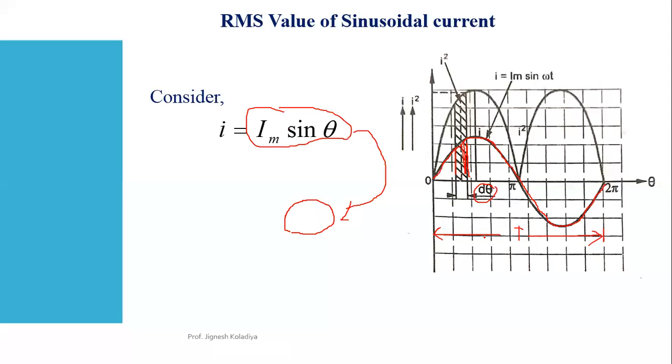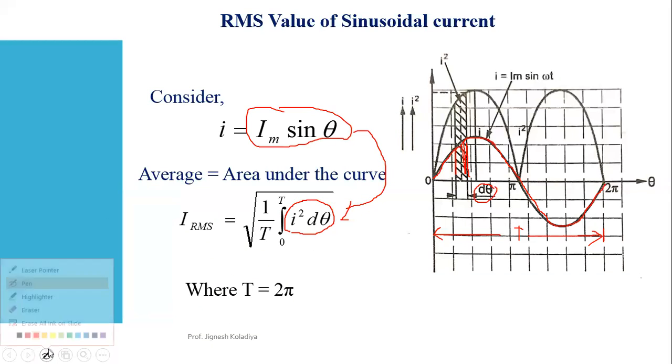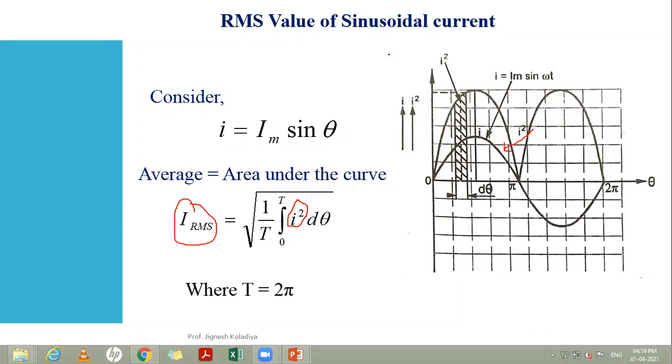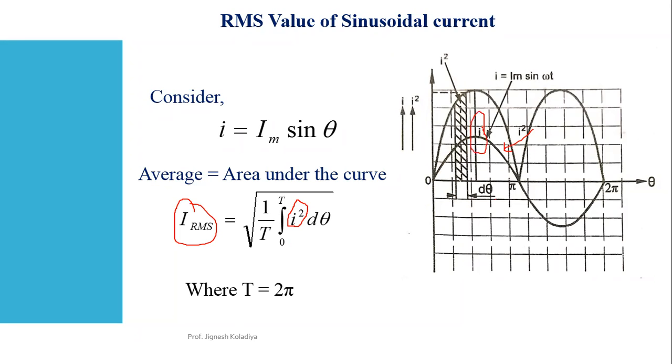Now let me tell you one more thing. From this equation, you can understand the purpose of RMS value. See, previously we have this inside waveform. This is my AC, alternating current waveform. Now, when I'm going to find the RMS value, at that time I have to do the square of this quantity. So if I do the square of this I, definitely I will get this outside waveform.